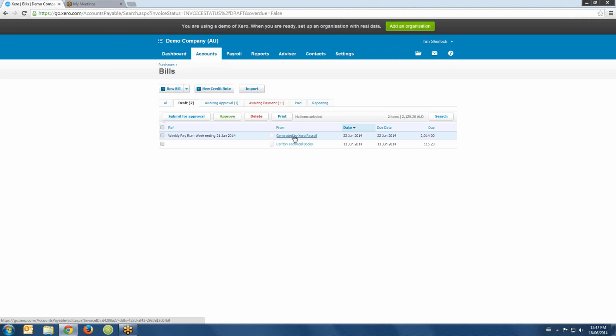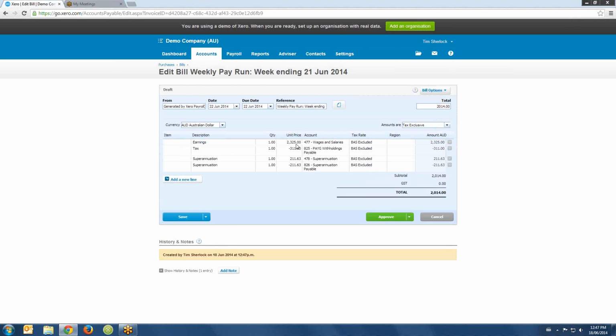So you should go into this and check the details. So yep, that earnings is going to the wages account, which is correct. The tax is going to pay-as-you-go withholding payable, and the super is going to the super expense, and the super payable is going to the superannuation payable liability account, which is all correct. So we can now approve this invoice,